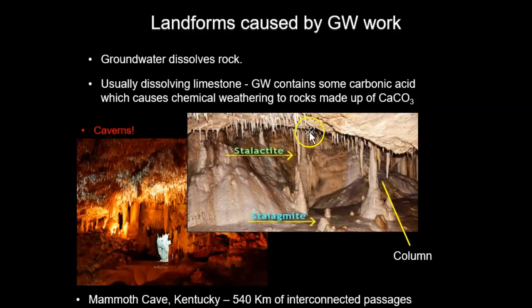And then all the features that are laying from the ceiling and from the ground upward are all of the depositional landforms caused by the endless dripping of water through time. Okay? So the formations within the caverns that are formed by the dripstone are found through the study of caverns. This study is called speleology, and the features within the caverns are called speleothems,